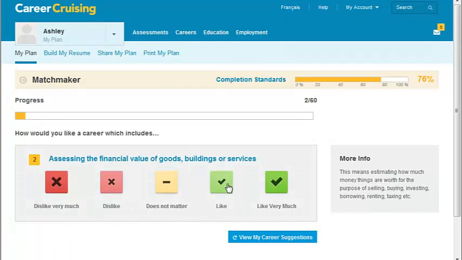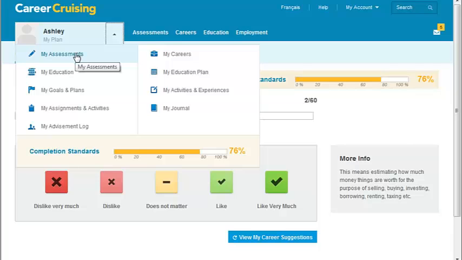The only difference between this set of questions and the earlier set is that this time they don't have to answer all of the questions. You'll notice that this particular user has 60 questions. That does vary from user to user depending upon how they answered the first 39. And they can stop at any time and view their career suggestions. So again, they don't have to complete all of those suggestions. So let's take a look